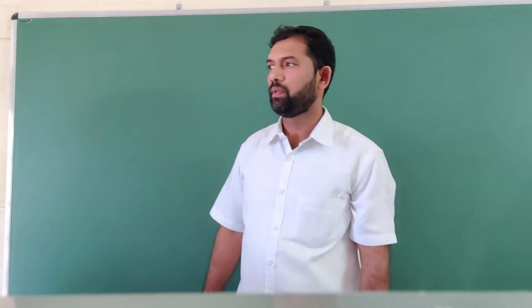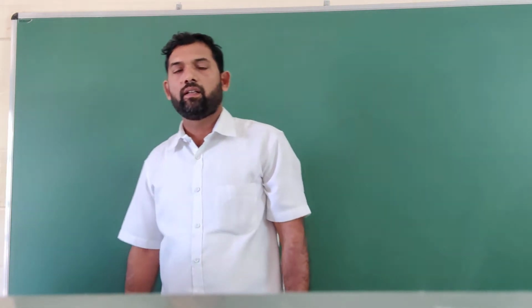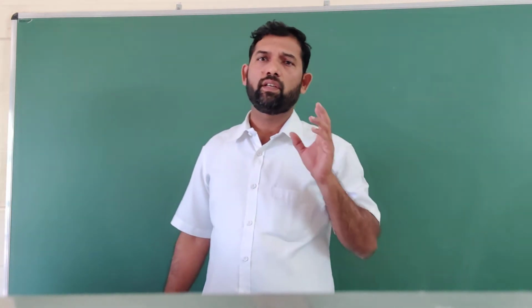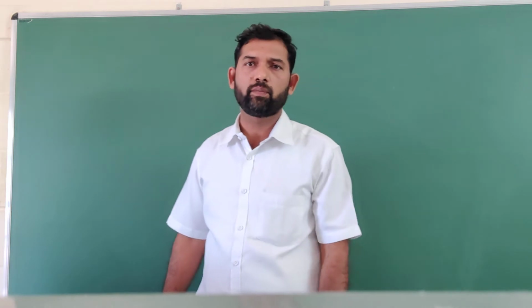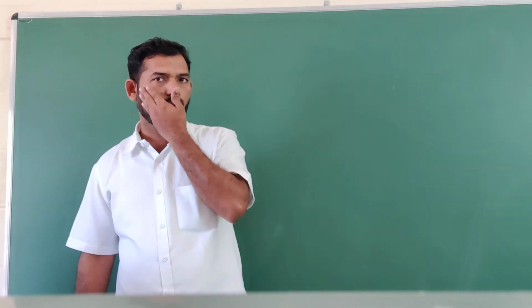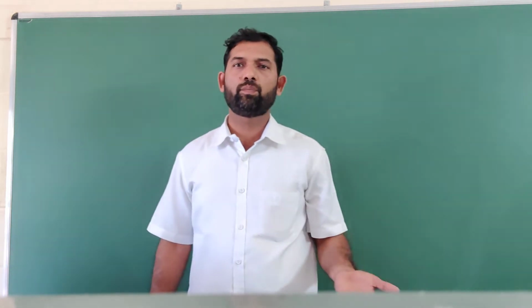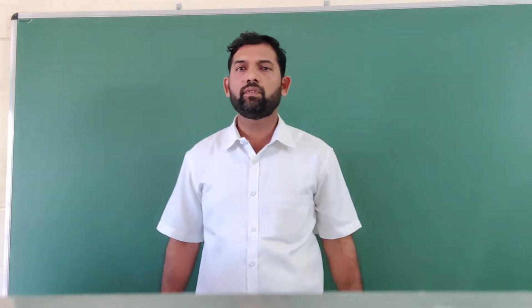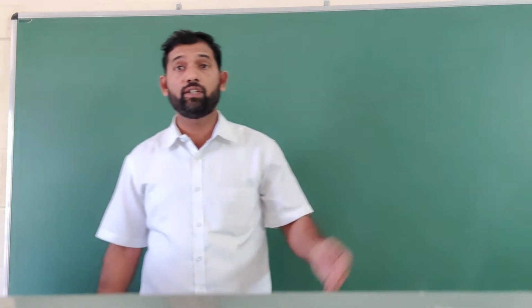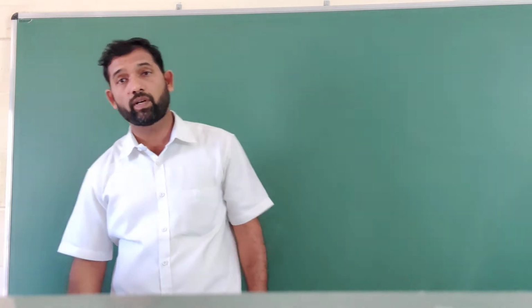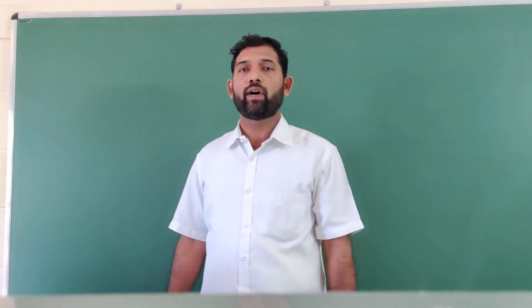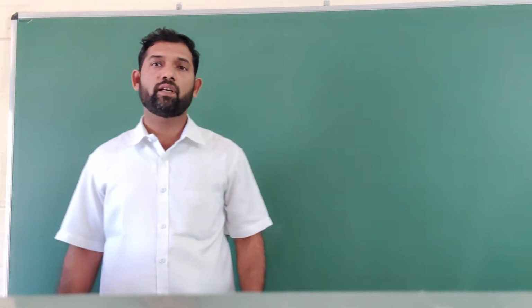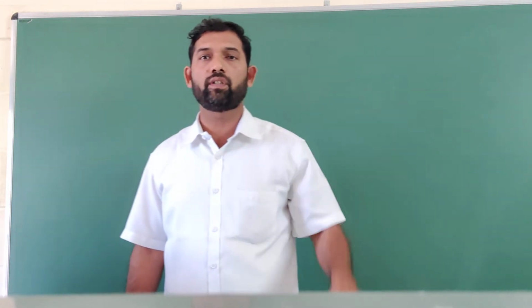Last class we completed the straight line equation ax plus by plus c is equal to 0, which was converted into slope and intercept forms. The line was also converted into normal form. We did those transformations in the last class, and also did some problems on them.